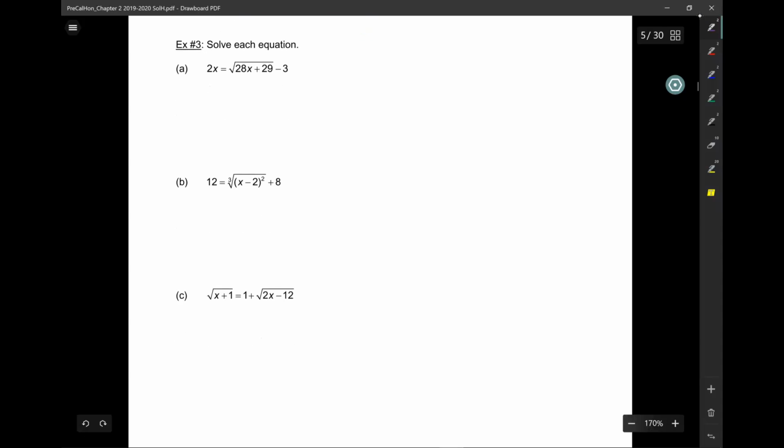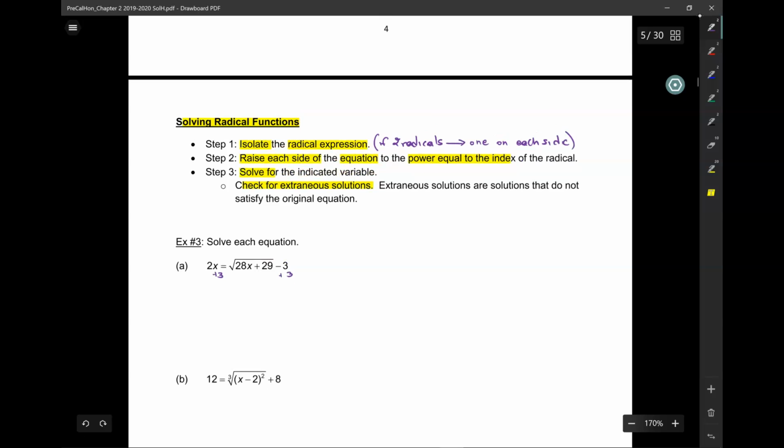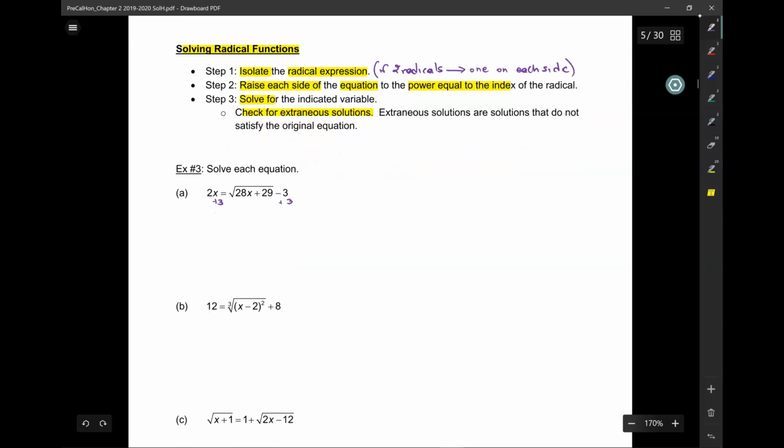So this one, first I want to isolate the radicals. So let's add 3 to both sides. If there are two radicals, put one on each side. So here I'm going to get 2x plus 3 equal to radical 28x plus 29. Now I square both sides